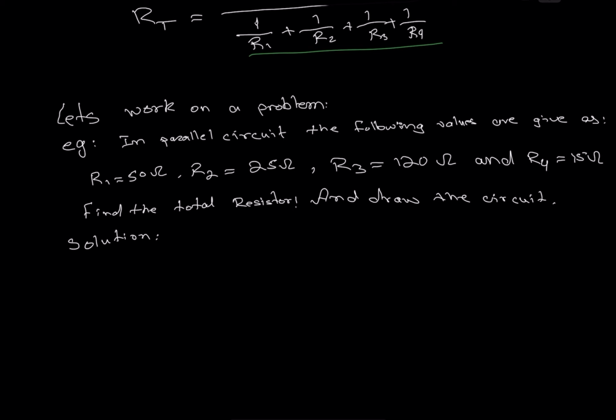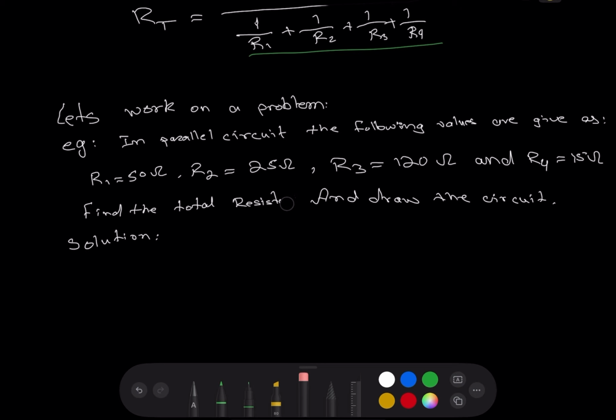The formulas are confusing without examples, so let's solve some questions using these formulas. Example: in a parallel circuit, the following values are given: R1 is 50 ohm, R2 is 25 ohm, R3 is 120 ohm, and R4 is 15 ohm. Find the total resistance,